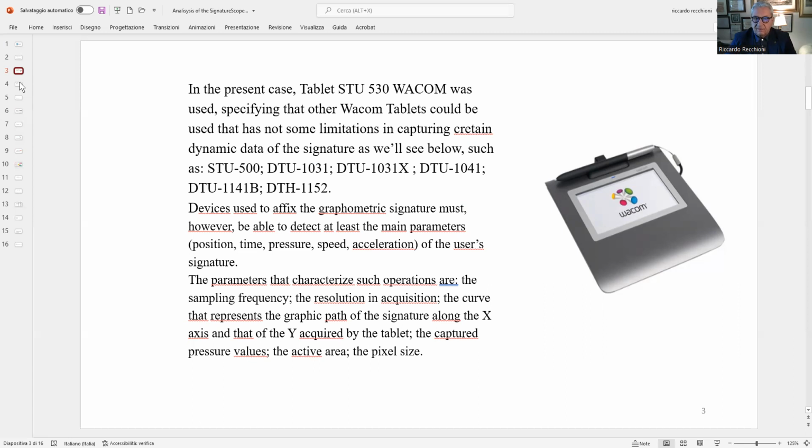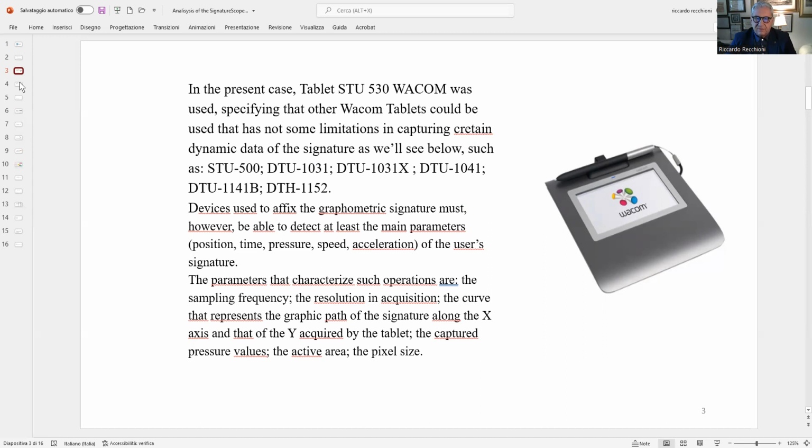Devices used to affix the graphometric signature must, however, be able to detect at least the main parameters: position, time, pressure, speed, generation of the user's signature. The parameters that